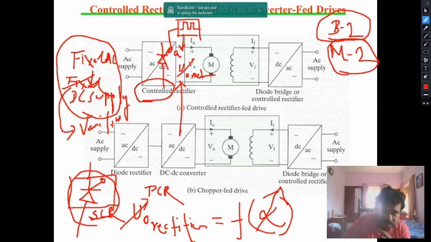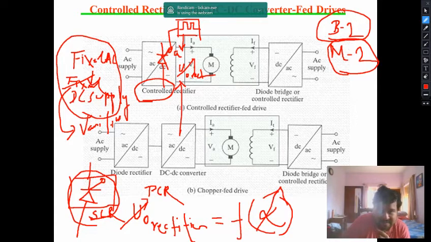This V0 rectifier you are making variable, and it is not only giving you controllability over the device or the system, you are getting some flexibility also, because by varying the firing angle, you can not only control the speed of the motor drive, but you can control the speed in a precise manner. The more you can fine tune this alpha, the more you can fine tune this output voltage. This is our point of concern.